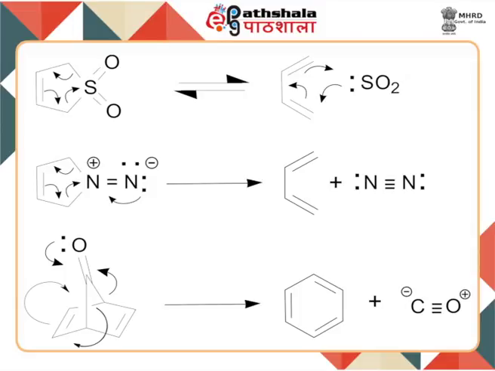The important observation here is that these small molecules that are extruded or get added to the dienes have filled and vacant orbitals available on the same atom for bonding to other atoms, which enables them to undergo cheletropic